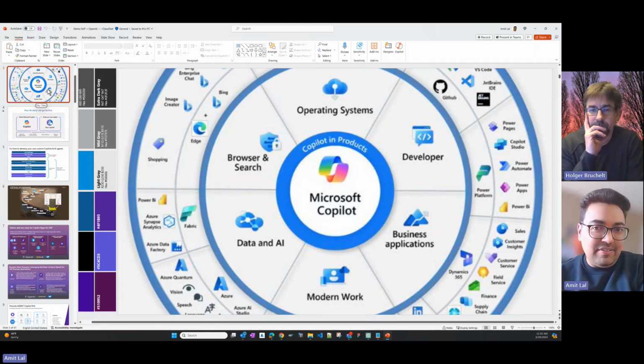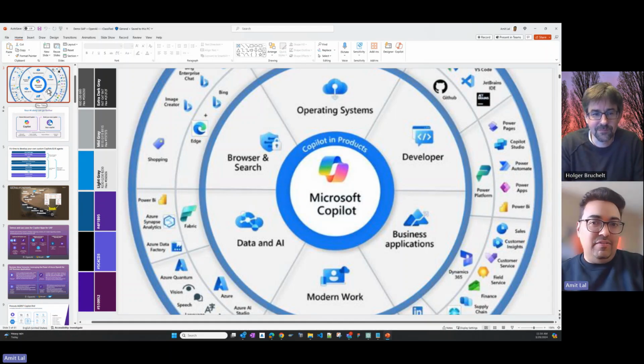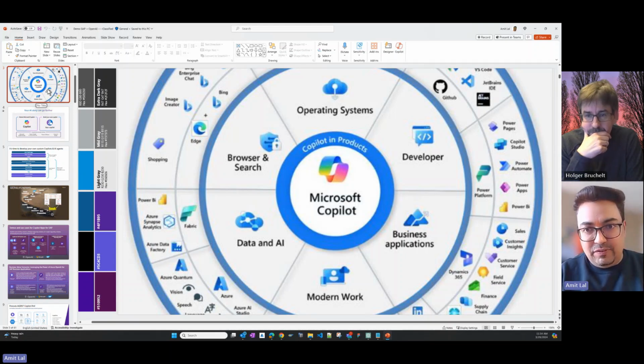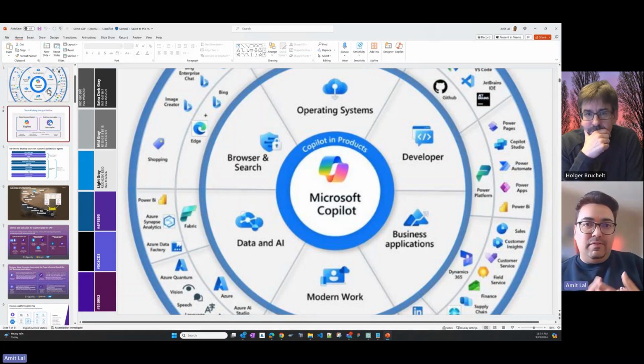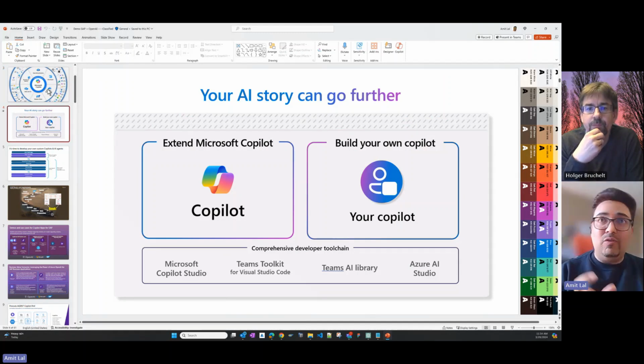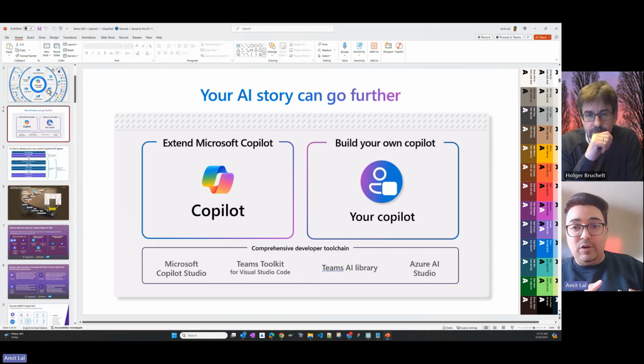So we are close partners. Of course, all the technologies underneath are OpenAI working for Azure OpenAI. So we are leveraging Microsoft Copilot. As you can see, Microsoft Copilot is integrated in each and every service and product of Microsoft, so it is kind of GA now. You can plug in any services, any Copilot. For my customers, specifically S500 customers, they always ask whether we should use extended Microsoft Copilot or create our own custom Copilot, depending on their appetite, what they are actually trying to achieve.